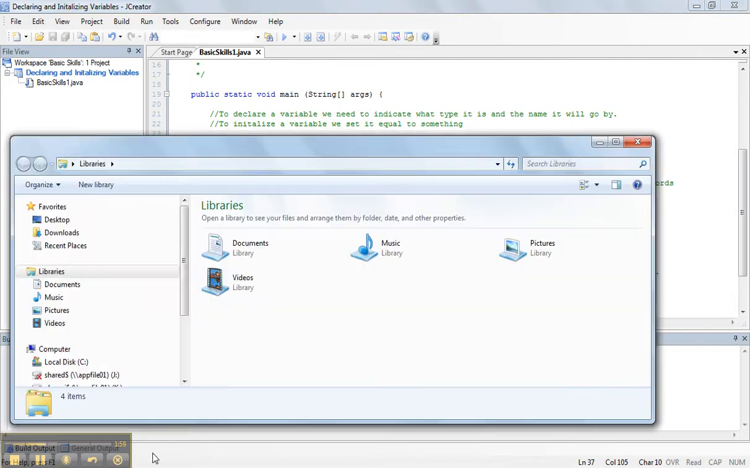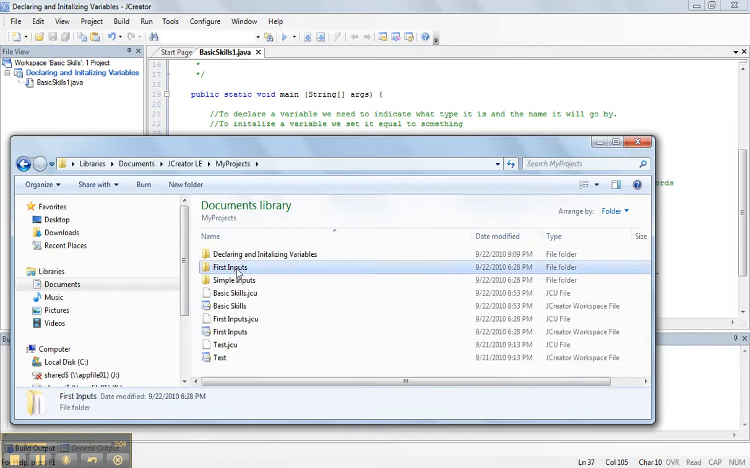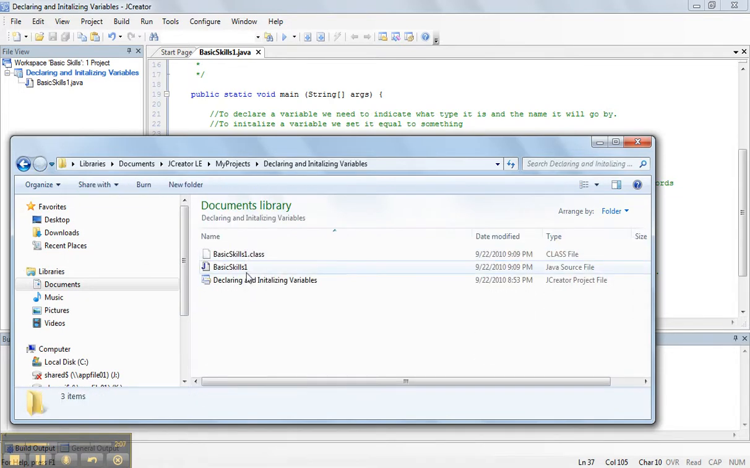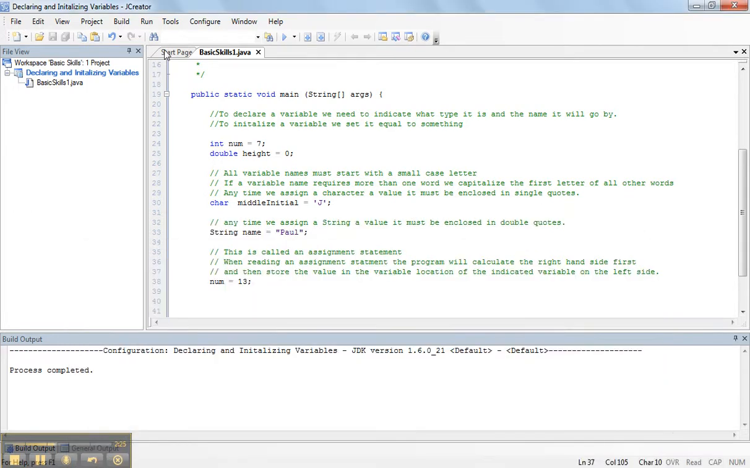Earlier on we said, if I go into Documents, JCreator, My Projects, First Inputs, notice there's two files here. There's a Java source file, which is the file I'm working on. This is the English version of the file. And then there's what's called a .class file. This is the compiled program which only the computer can read. So when I build a program, the computer is changing all the writing I've done into something the computer can read. Now I'm going to run this program,